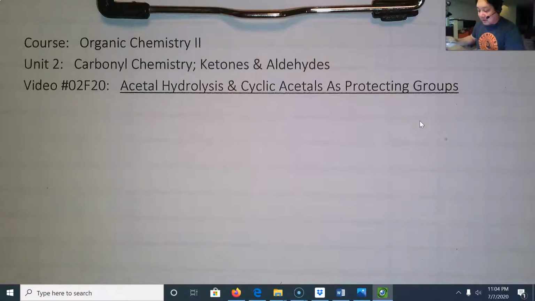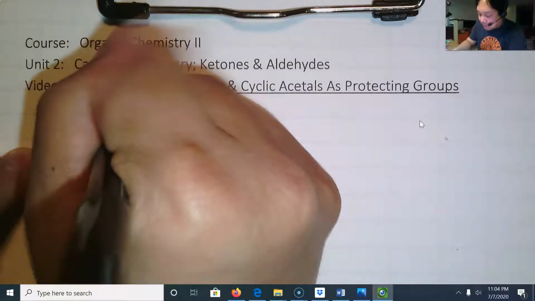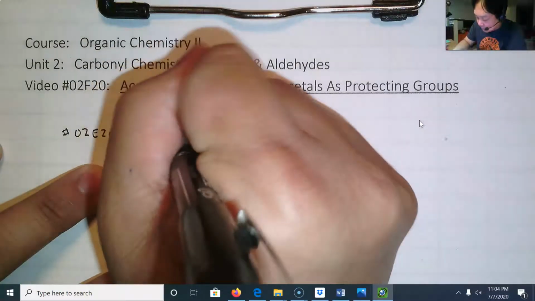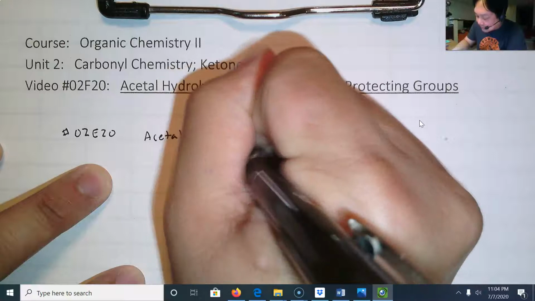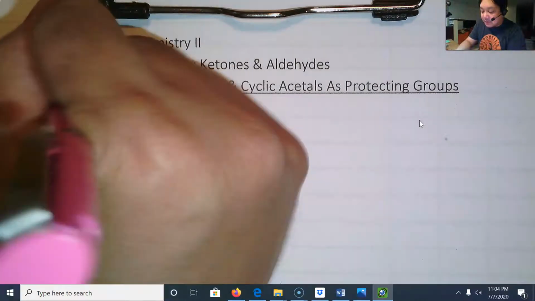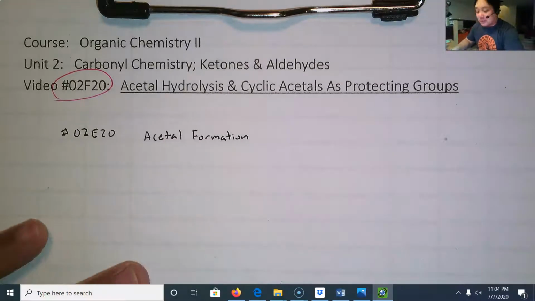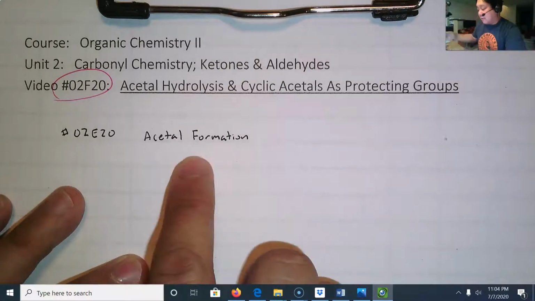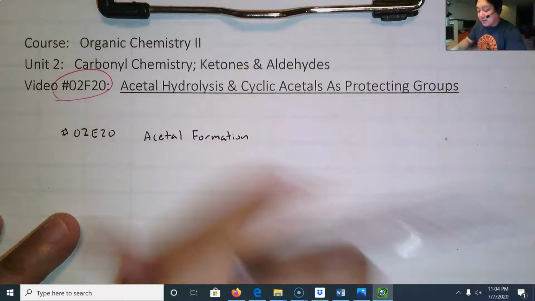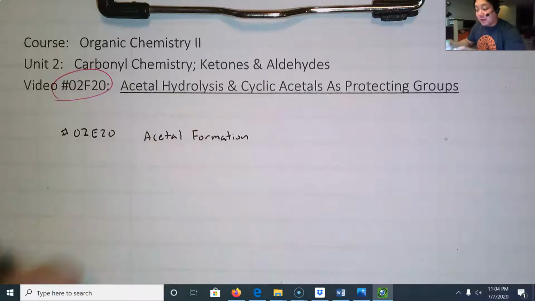Now, as a reminder, in the previous video, we did the formation of acetal, or acetal formation. Hydrolysis is the opposite. We're going to take an acetal and break it up into the starting material that made that acetal. So it would be nice to remind ourselves how to make an acetal, because when we take an existing acetal and do hydrolysis, what is that? Lyse means to cut, and hydro, we're going to use water to cut up the molecule